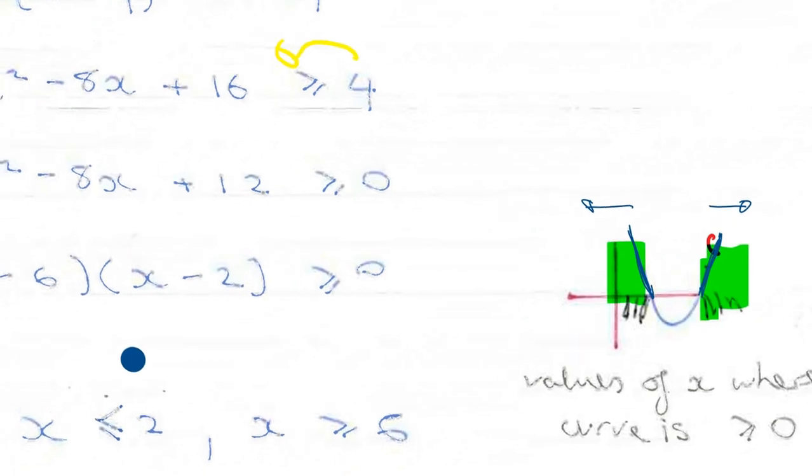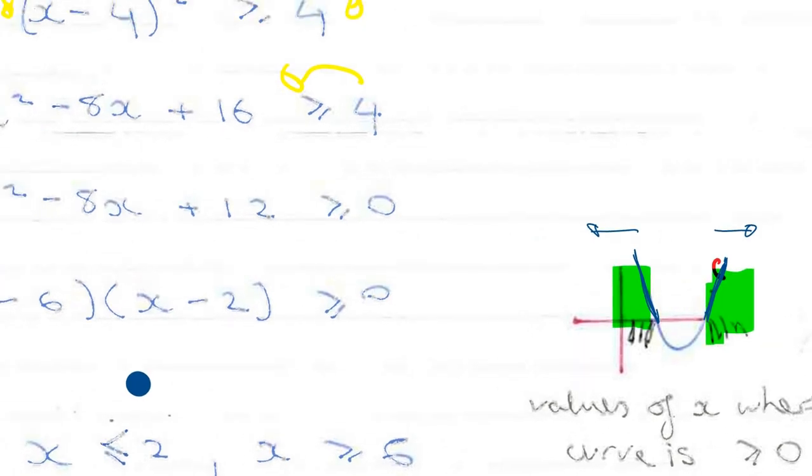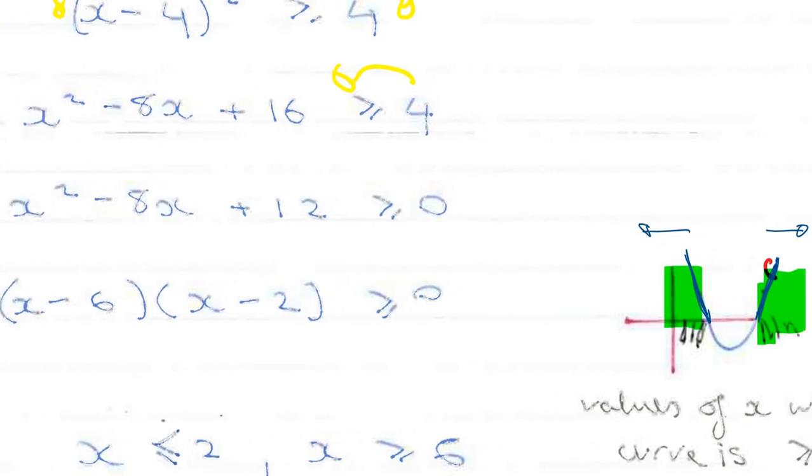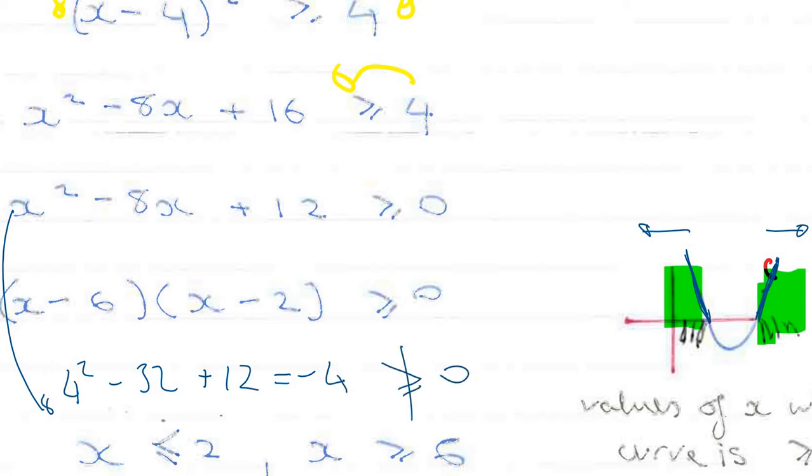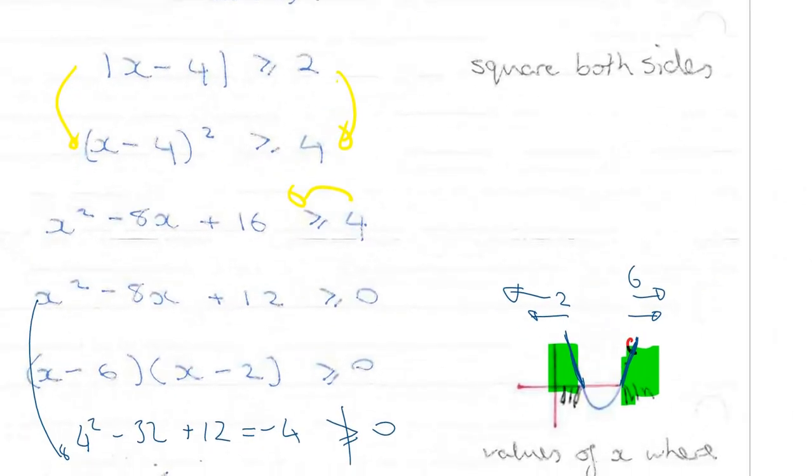If you want to solve it the other way to find the solution set, we pick a value between our two critical values. So let's pick 4, for example, and we plug 4 into the equation. 4 squared minus 32 plus 12 is minus 4, which is not greater than 0. So therefore, that inequality is false, so our solution set lies outside the critical values, i.e. x is less than or equal to 2, or x is greater than or equal to 6. The reason why I'm saying greater than or equal to is because that's what we were given in our original